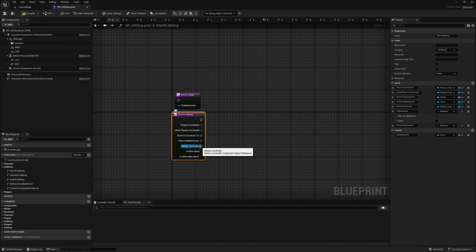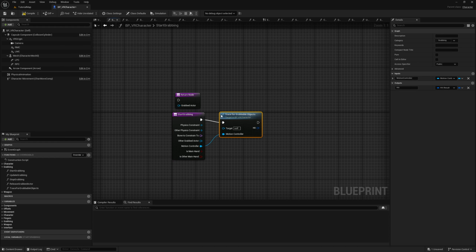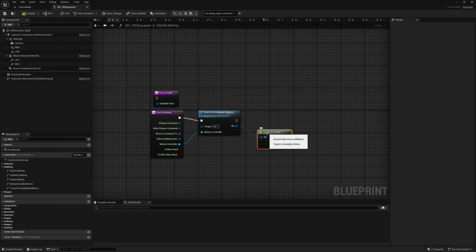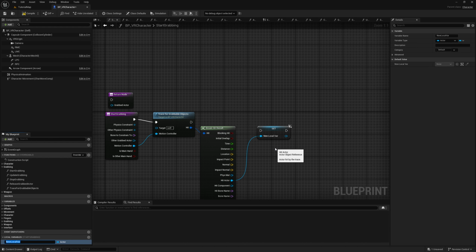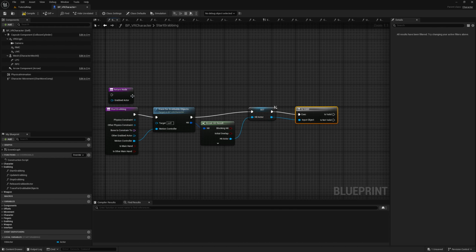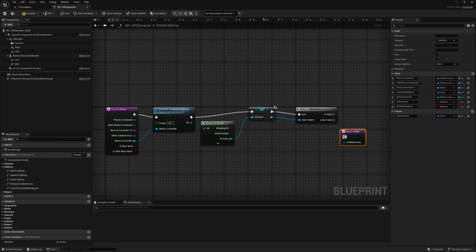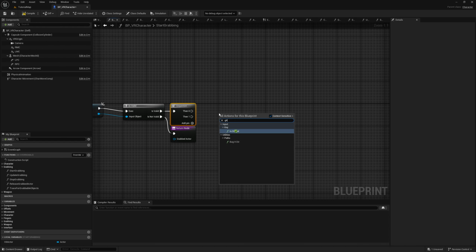So first what we will do, we will trace our grabbable objects. Then we will break the hit result, get the hit actor, and create a local variable called hit actor. Then we will check if it is valid. If it is not, we will simply return null. However, if it is, we will add a sequence. And in the first output, we will get the hit actor,